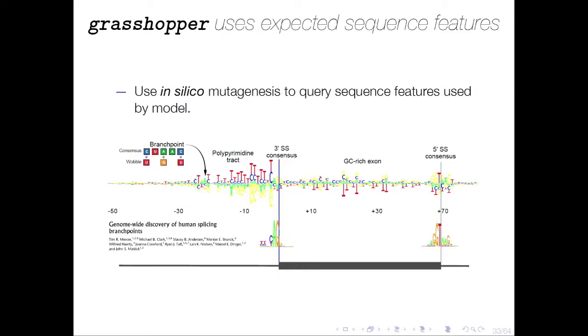What's really cool about this is that we find that the model's actually able to pick up on these known features of splicing biology. There's a required component for splicing called a branch point, and a polypyrimidine tract. Also, the 3' splice site choice is dependent on having a good downstream 5' splice site so that you can make an exon. And I should point out here that the 3' splice site it's being chosen for is somewhere off way to the left here.